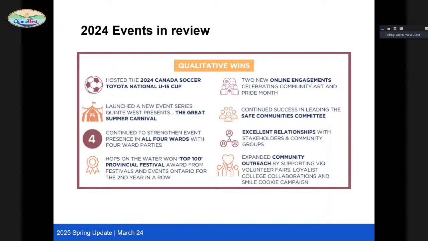We also looked to expand the delivery of the city planned events across all 4 wards. So as well, I have some updates as to how we will be continuing that expansion in 2025. We're also priding ourselves on really doubling down on building great relationships with our stakeholders, partners, and community groups, including community outreach by way of making volunteer and employment opportunities available at some of the career fair and other outreach events that my colleagues have already spoken with.